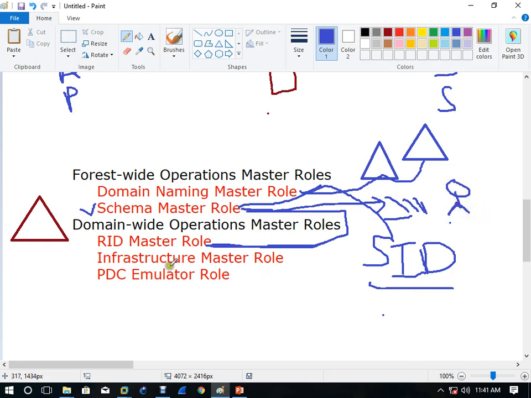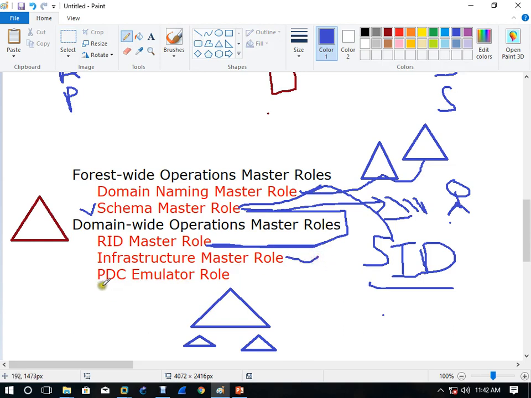Understood? Now, what is the infrastructure master role? The infrastructure master role is responsible for taking care of your family, like grandfather, father, son, grandson, all this infrastructure. It means all your forest infrastructure. You know a forest? See, in the forest there was only one tree. After that, seeds came out, many trees. Then again you have many trees in the forest. So all that infrastructure is taken care of by this role.